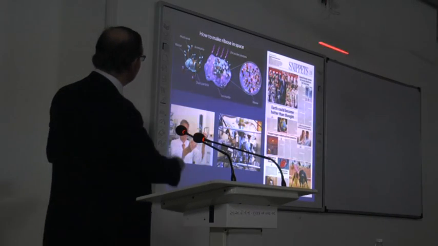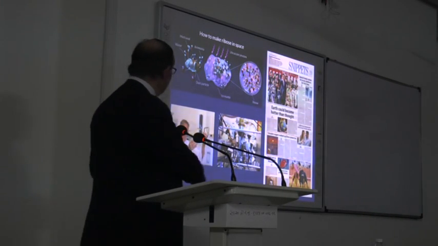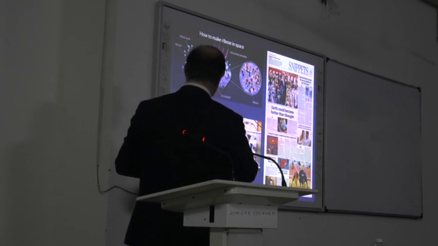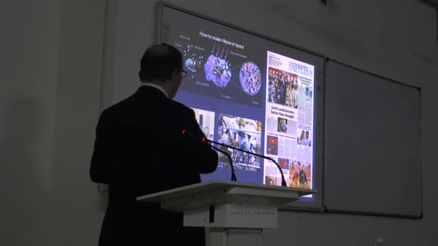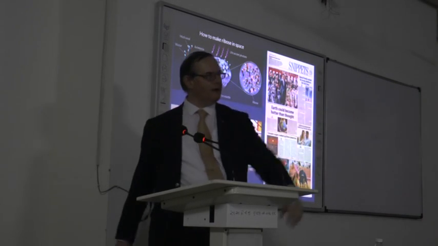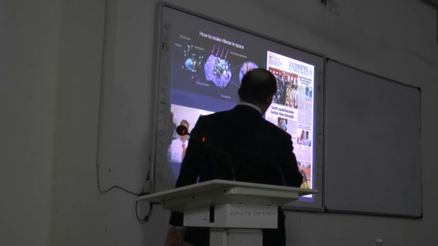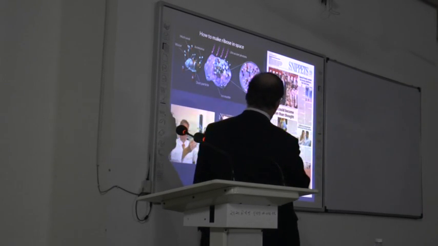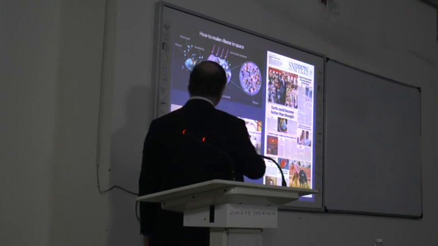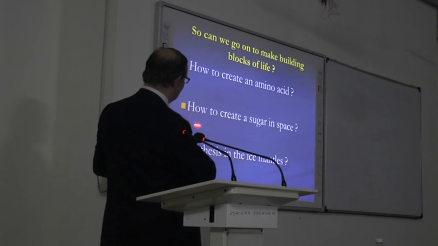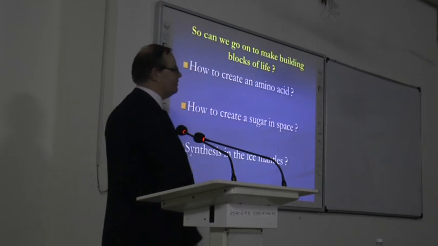Yes. This year we've shown that. This is a sugar in space. This is the man who did it, a good friend of mine, Uwe Meyer-Heinrich. This is the sort of apparatus. Go and see the one in Barla's lab, it will look very similar. There's the newspaper article: complex sugars cooked up from comet ice, okay? So, we can make these molecules. We can create an amino acid, we can create a sugar in space, and synthesis works.